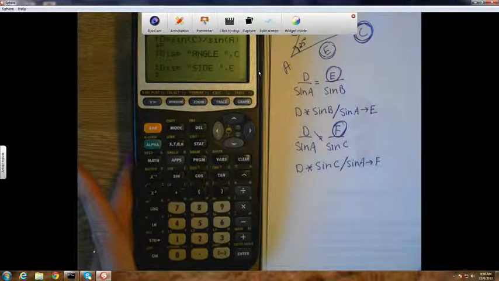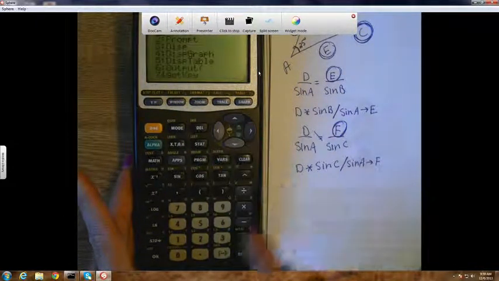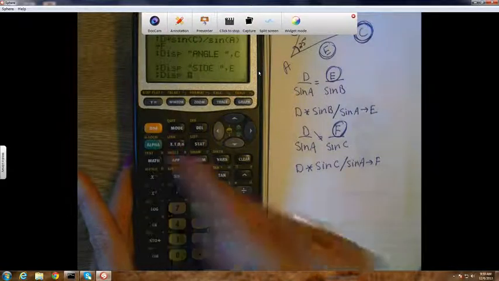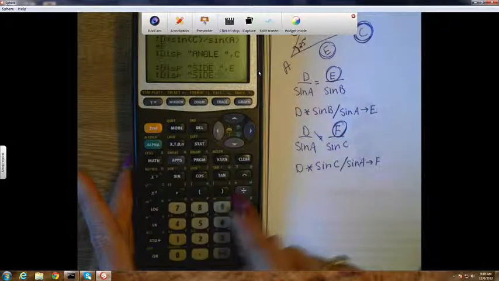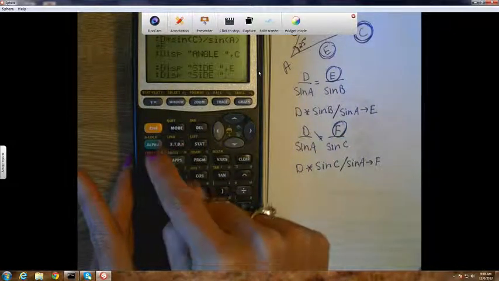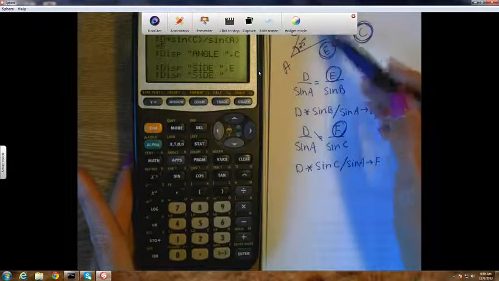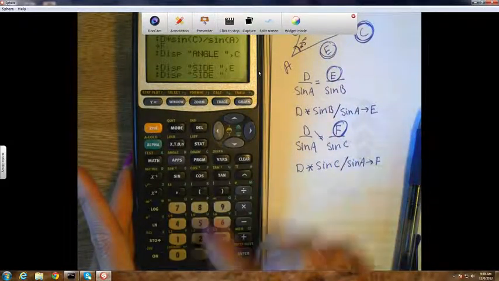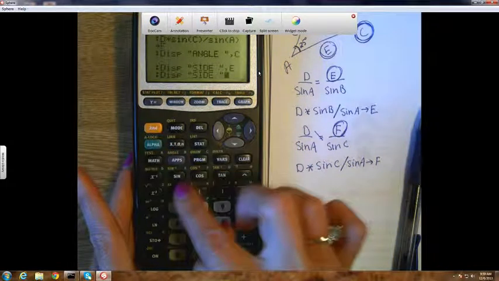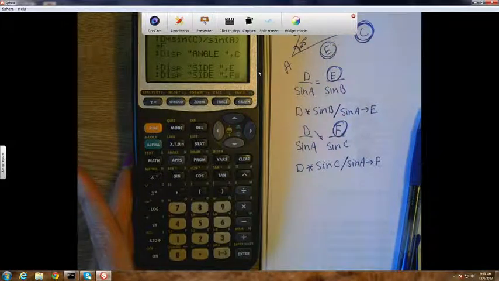And then one more. Program, I/O, display, side, quote. You could go two, it doesn't matter. You'll be able to know which one it is when you look at the size of the angles, which side is which. You know what I mean? Yes, we did store that in F. Don't forget your comma. Alpha F. And then you can quit and try it with the three numbers that I actually have written there a little more clearly this time.